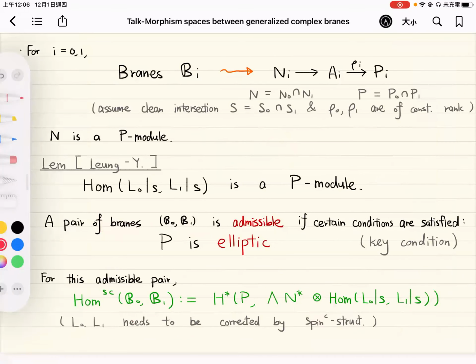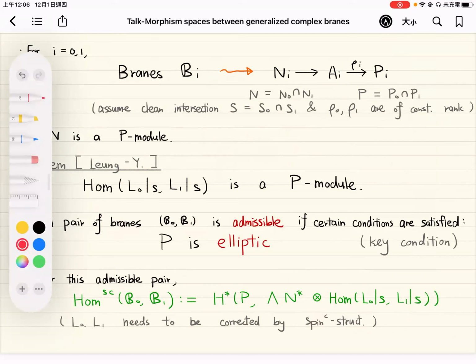So now I have two branes, maybe not identical. I have B_i, where i is equal to 0 or 1 here. Then I write down the Lie algebra, and I try to write down a short exact sequence where P_i is the image of the anchor map and N_i is the kernel of the anchor map. And I can also take the intersection of the images, P0 and P1. I get a single P here. The P is a distribution on the intersection. And we also have the intersection of N.